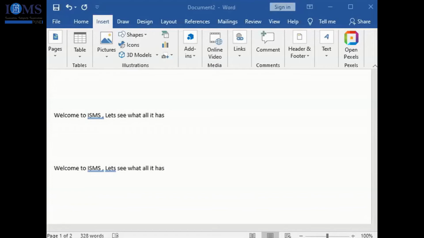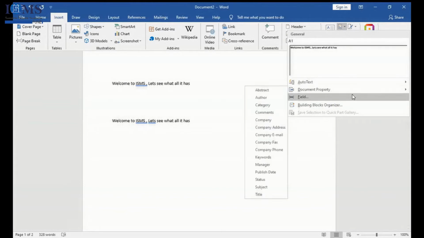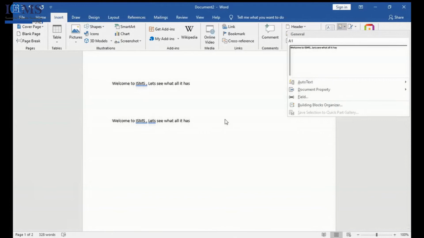So in that case, you can save your time and just create some auto text of your main body, your main introduction, and just paste it. There you can save a lot of time. This auto text we have seen. This is enough to understand the basics of auto text.